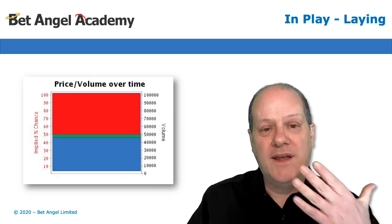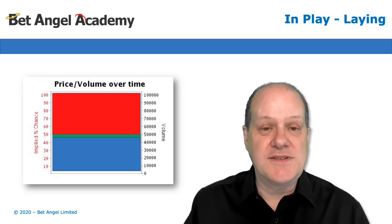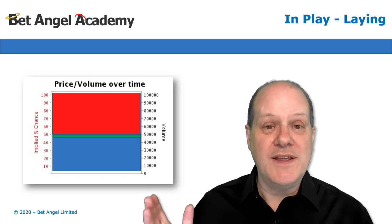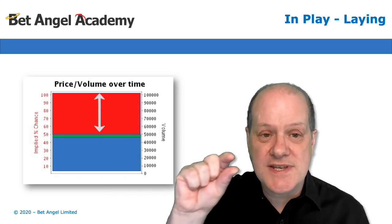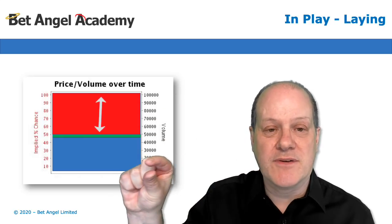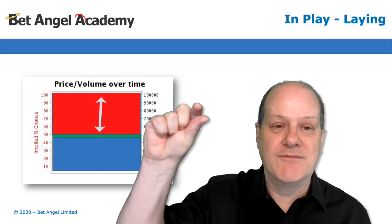But however, if we look at this from a different perspective, let us imagine that this horse gets off to a great start, hoses up, and wins. All of a sudden, that red area is our potential loss, and you can see that we've only got a tiny slither of profit. So if we put that tiny slither of profit into the loss area and replicate it